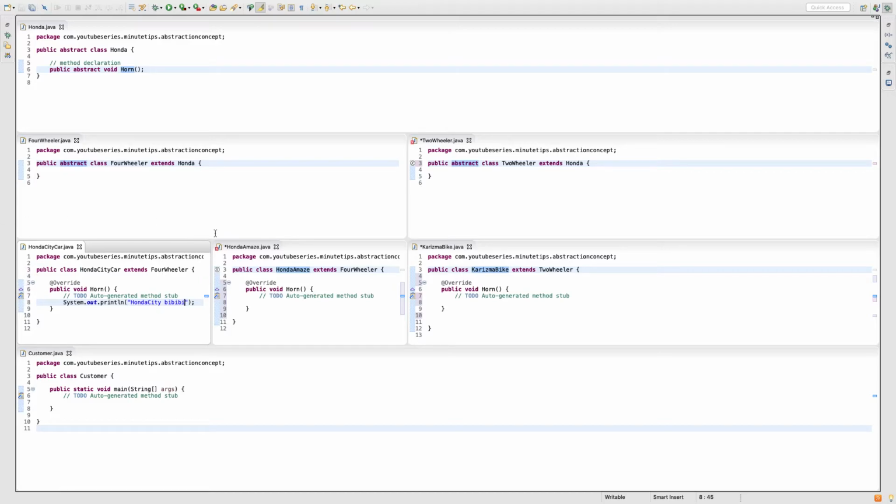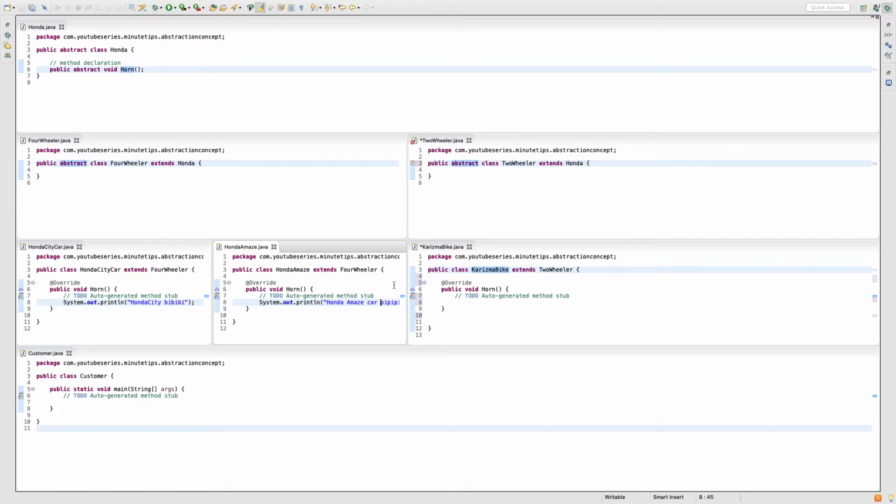I wanted to give a different sound to my Honda Amaze car, so I will do a sysout here, let's say PPP, something like this. This sound is for the Honda Amaze car.